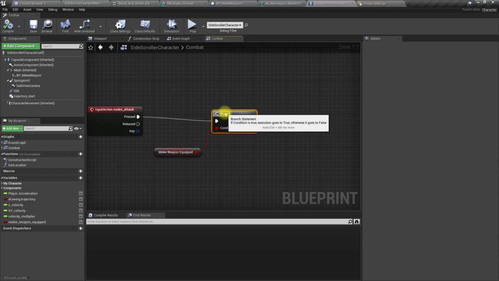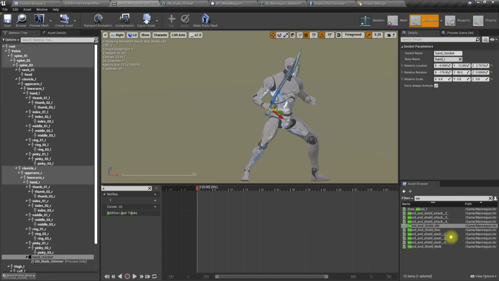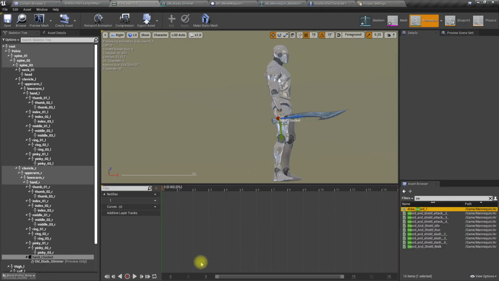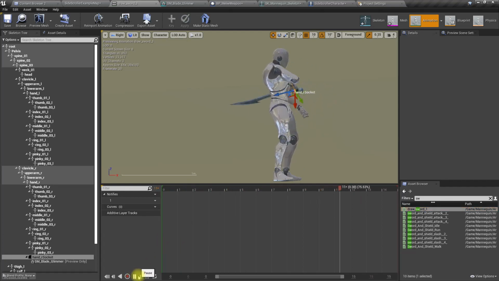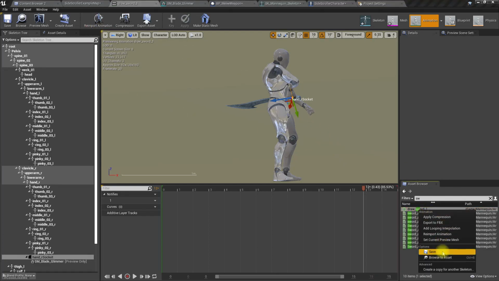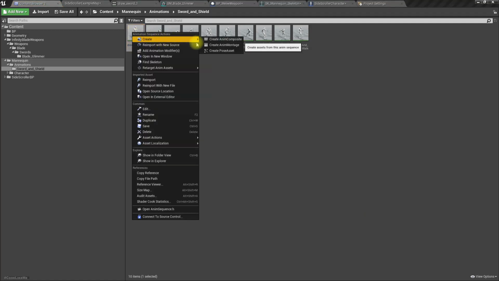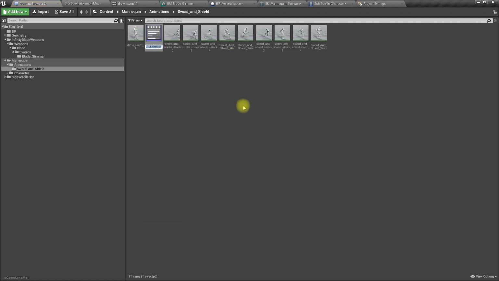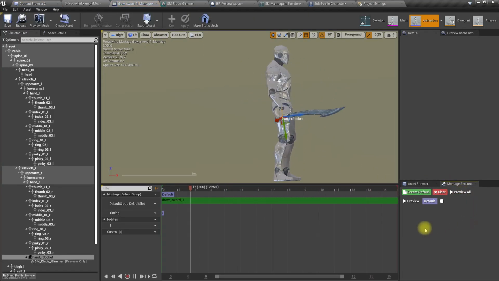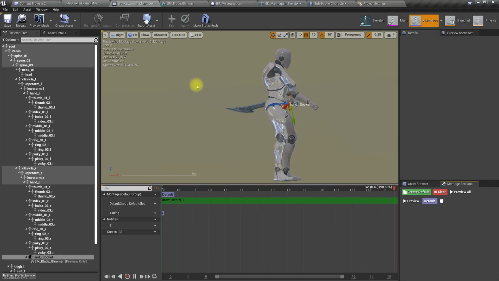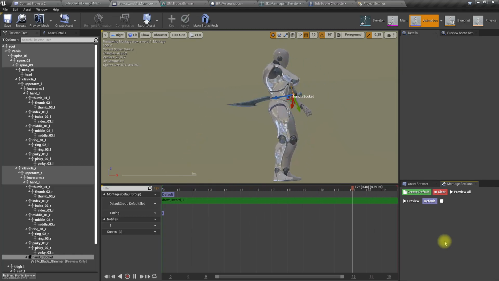So for that we need the animation. We have this draw sword animation, this one, and let's go there, and let's create a new animation montage for this draw sword. Oh wait, animation montage, yeah, draw sword 1. Okay. Right, so